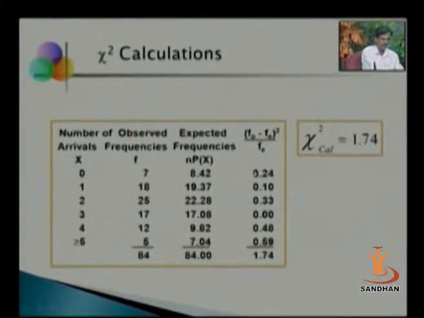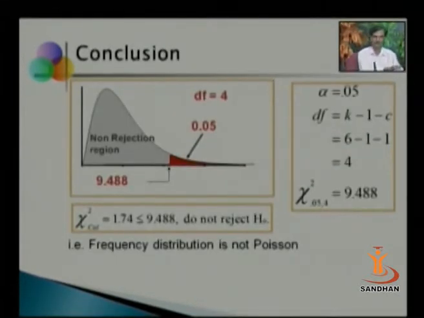So in this way one can calculate. FO means observed frequencies, FE means expected frequencies. So this is that column. Using this particular formula we get the chi-square test statistic as 1.74. Now here again alpha is 5% level of significance, then the degrees of freedom is k minus m minus 1. So here there is a mistake on the slide, it should be k minus m minus 1.